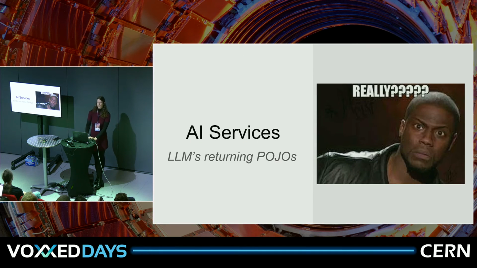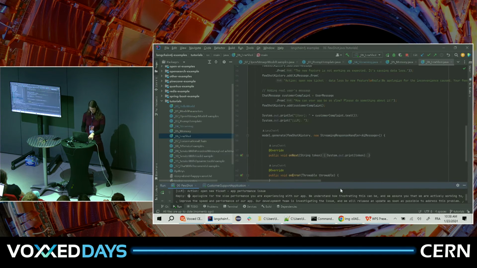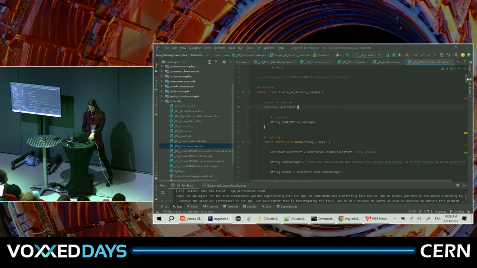Okay, now it gets really interesting. We have our AI services, and they are capable of returning real Java objects. So AI services are LangChain4j's version of chaining different components. It works like this. You define an interface with methods that you want in there, and you don't have to code anything else.